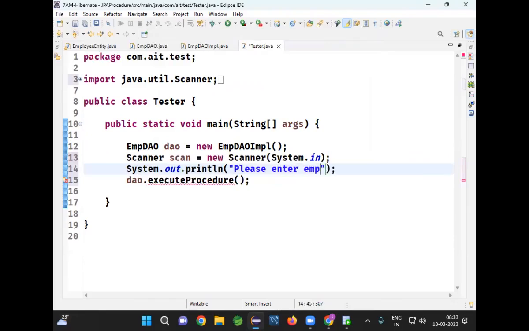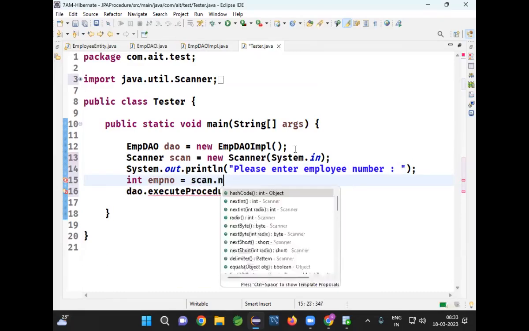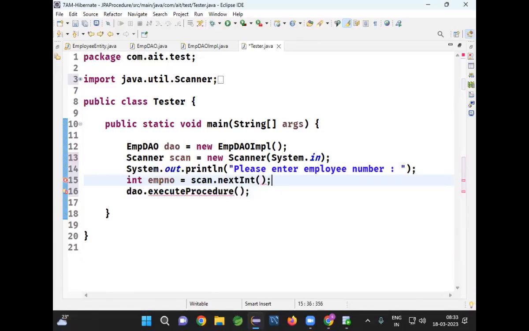Take that employee number: int empno equal to Integer.parseInt, I can write, otherwise I can directly call the scan.nextInt method also. And what is the employee number I should pass into this method? empno. Got it now? Now when I run this program,